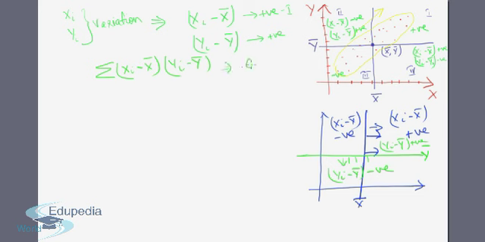So this is your covariation, and obviously we just do not want the impact of the number of data points to be here, therefore we take the average of this, we divide it by n. So here I get the formula to find the covariation, or the absolute measure